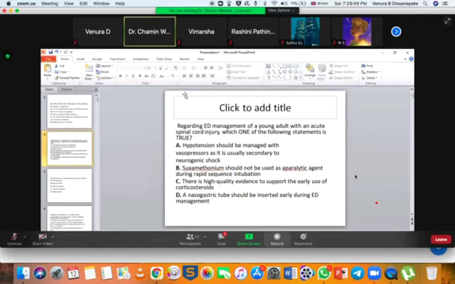BiPAP CPAP ආයෙත් කියලා දෙන්නකෝ. හරිද? ඊට පස්සේ